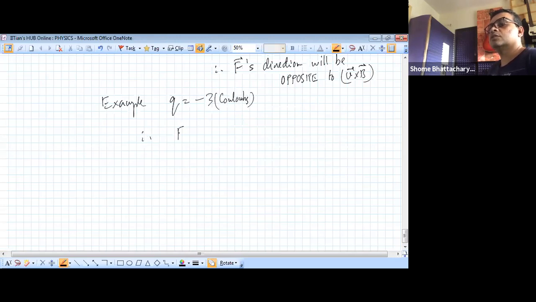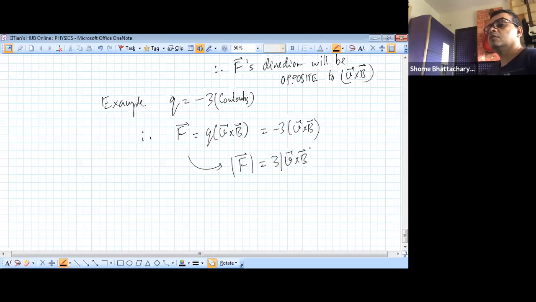Then your force, QV cross B, will be minus 3 times V cross B. So the magnitude of your force will become 3 times the magnitude of V cross B, but